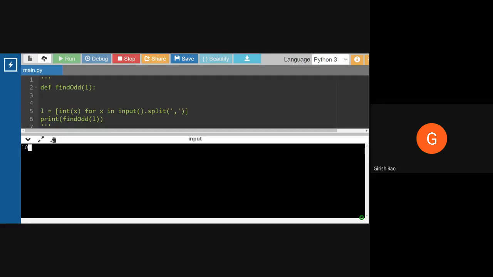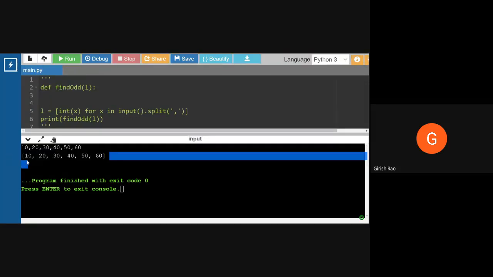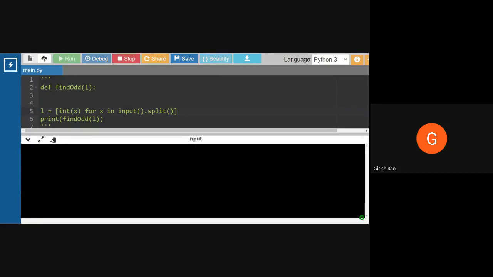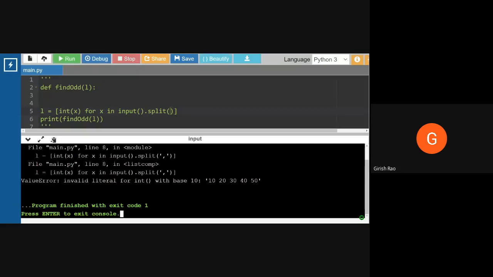So 10, comma 20, comma 30, comma 40, comma 50, comma 60. Press enter. What will happen? It will give me a list. Here I said split equal to comma. Why? Because I'm entering the data in this fashion, separated by commas. If you do not want this and want a space instead, then you simply say for x in input dot split. For example, 10 space 20 space 30 space 40 space 50. If I do something like this,